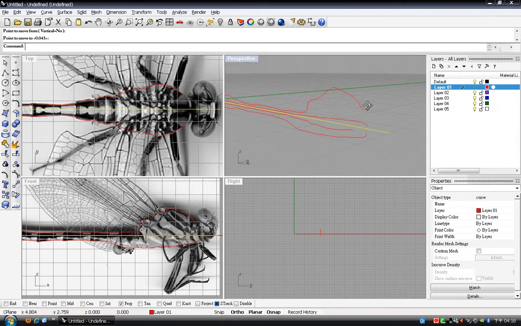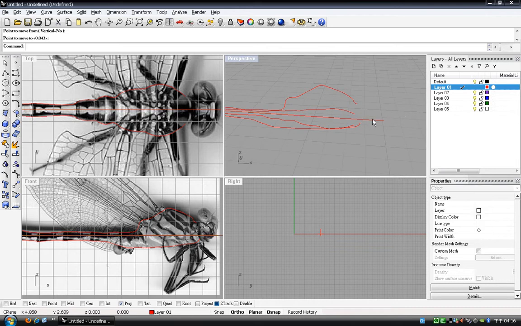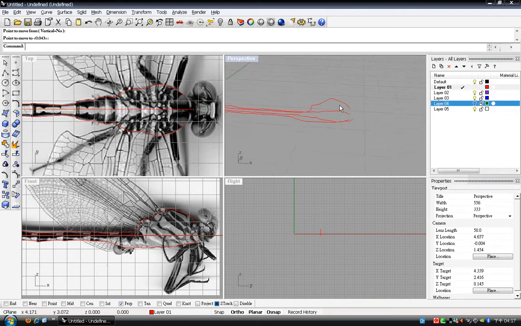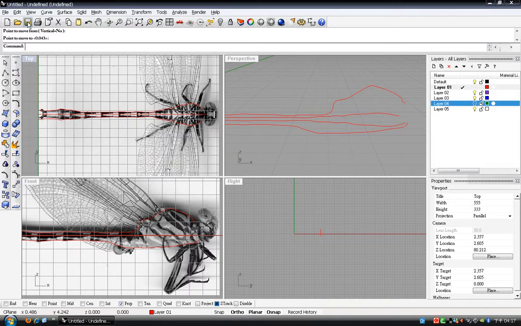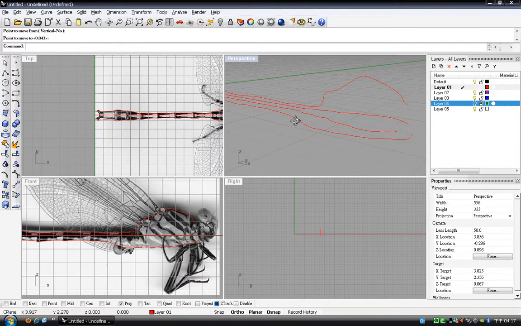Okay, so let's move this line to a different layer, because I don't want to see it in the following exercise. So let's go to a green layer and turn it off. So right now we'll be doing a command called cross section. This is extremely handy. What it does is it's going to generate the